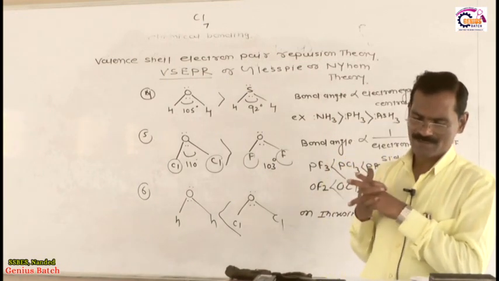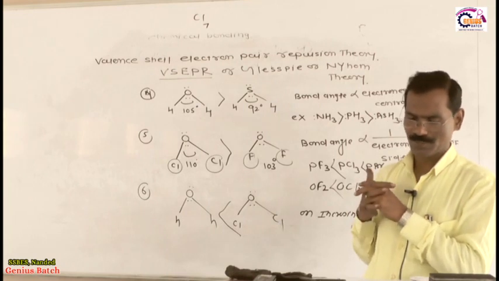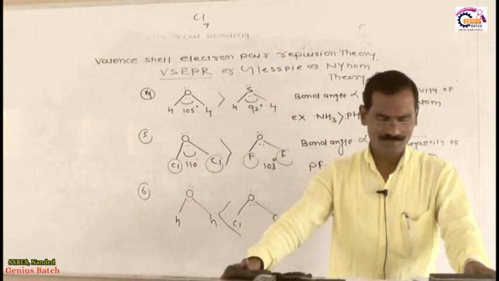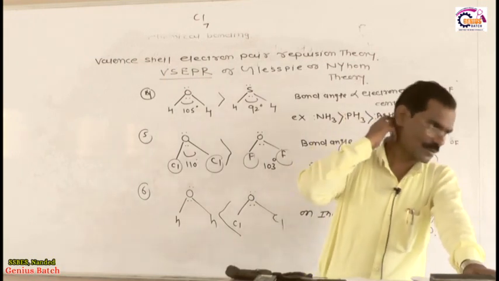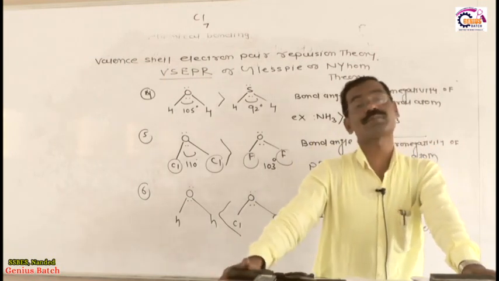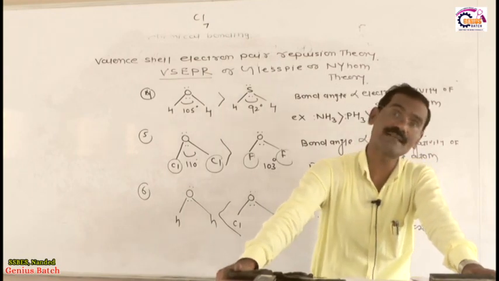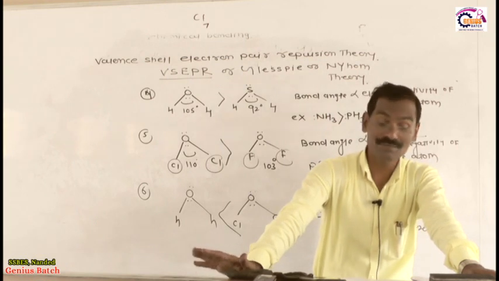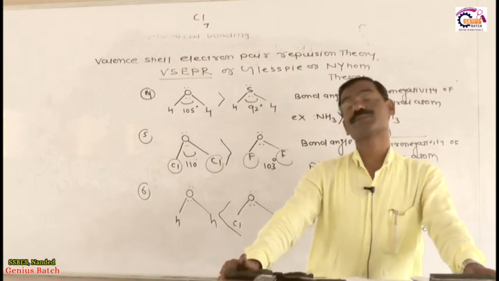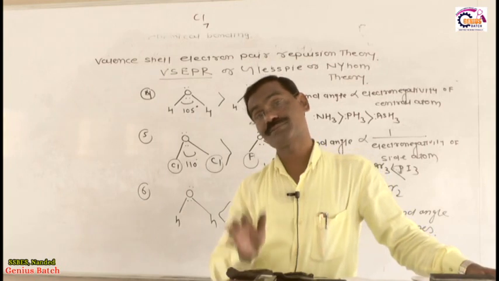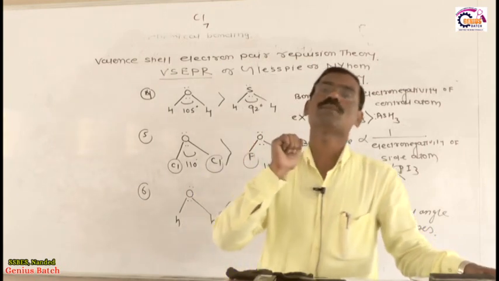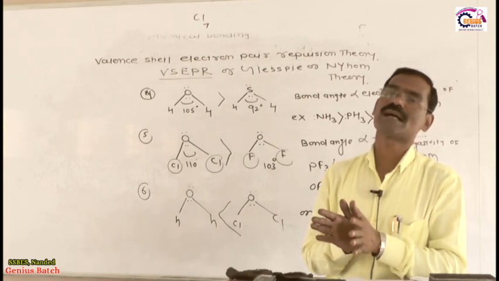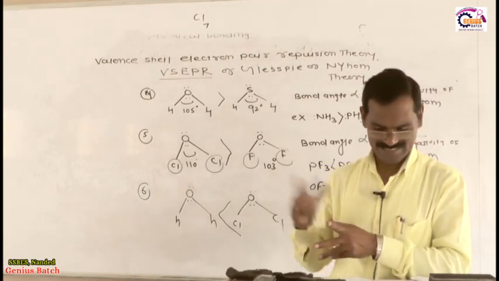Those solids in which atoms are linked together by covalent bonds forming an infinite three-dimensional structure are called covalent solids. Generally, covalent bonded solids are of two types: covalent and molecular. What is covalent? Those solids which have purely covalent bonds. Examples: diamond, graphite, aluminum nitride, silicon carbide, silica, that is SiO2, etc.